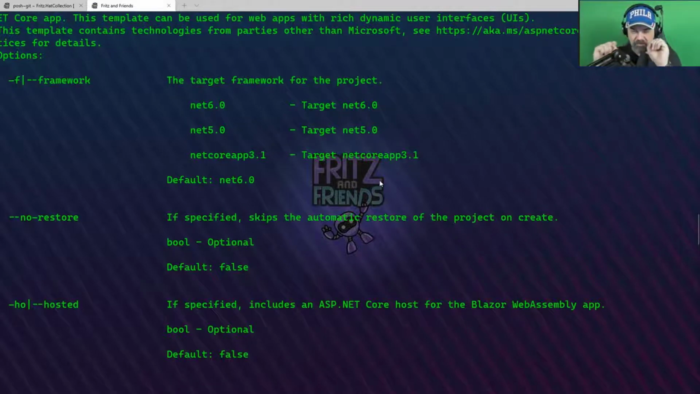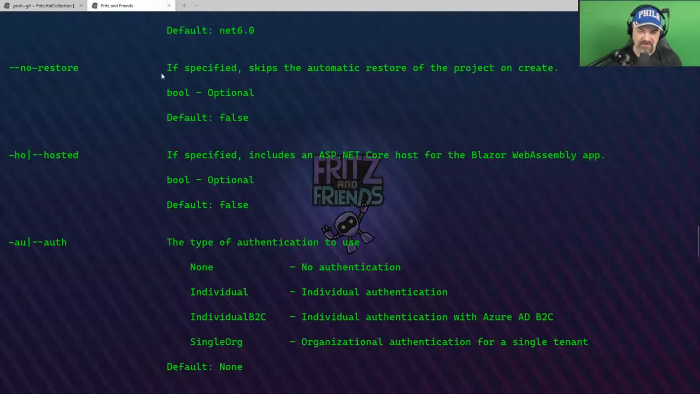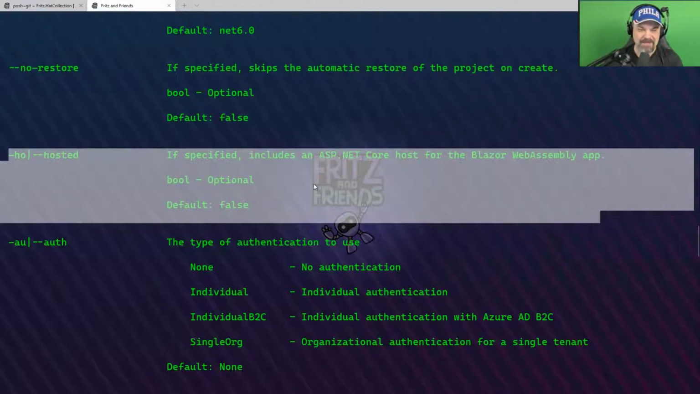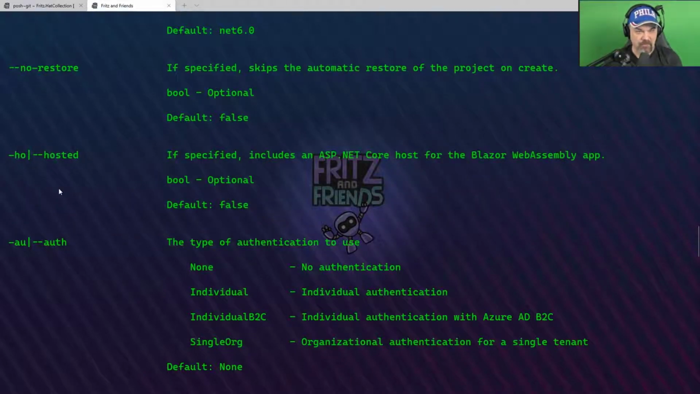You can activate, there's checkboxes, there's drop-down boxes that allow you to configure some of these capabilities. Framework is a standard thing that's in there. You can tell it not to restore packages. This is one that I wanted to make sure I called out here. -HO, which is short for hosted. If specified, it generates that server-side version of ASP.NET Core, a server-side application, a web application that will host your